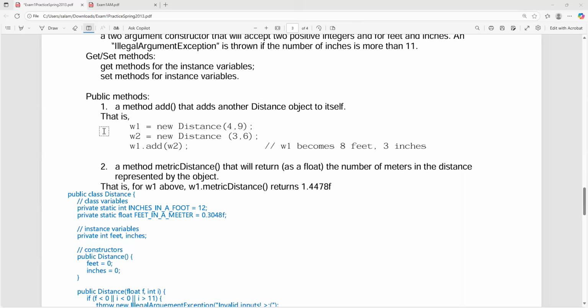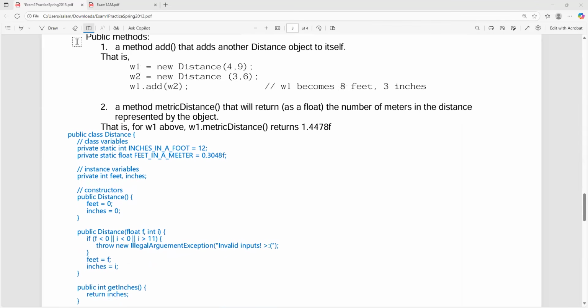All right. Now we're going to have two public methods. Public add that adds one distance object to itself. That is 8 feet 3 inches. Okay. So what's going to be the title line? It's going to be public. It doesn't add a new one. It's going to be public void, because it doesn't really return anything. Add. And for the parameters,